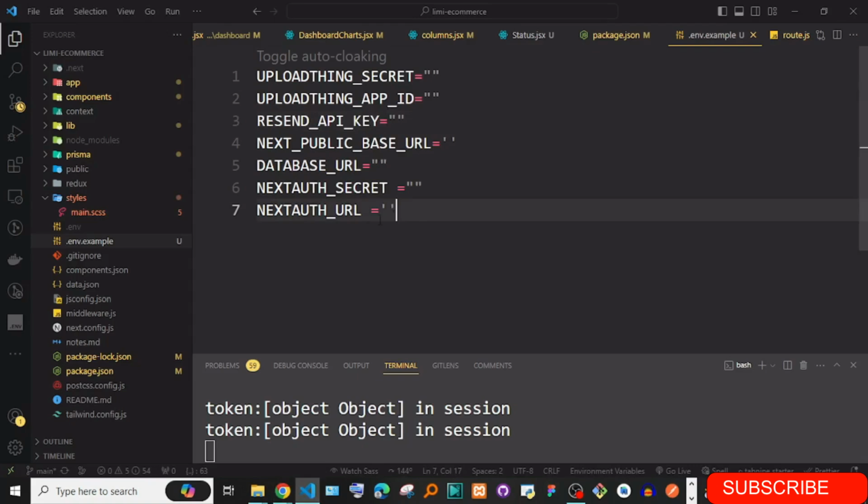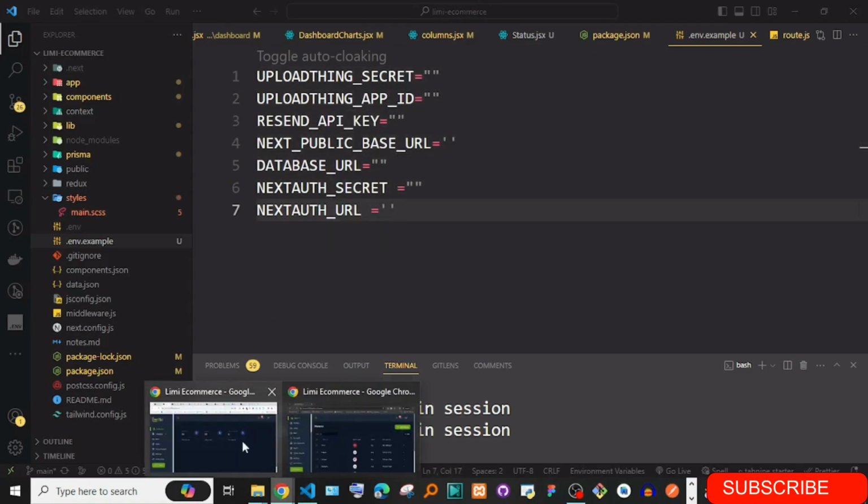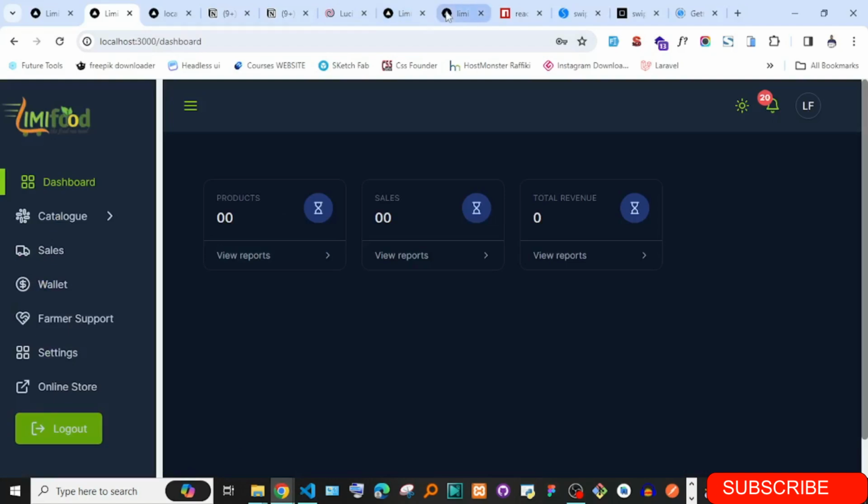Okay, that's how you're supposed to do it. Make sure you have these 7 keys, and then you add these to your hosting. Let me just show you. When you go to your Vercel and you're going to host the project,